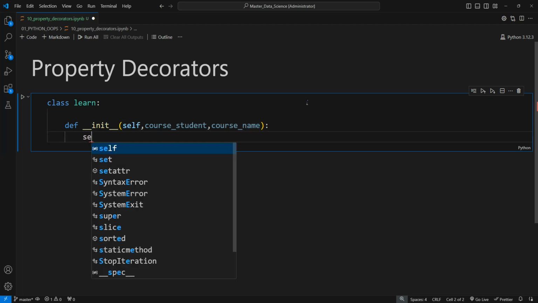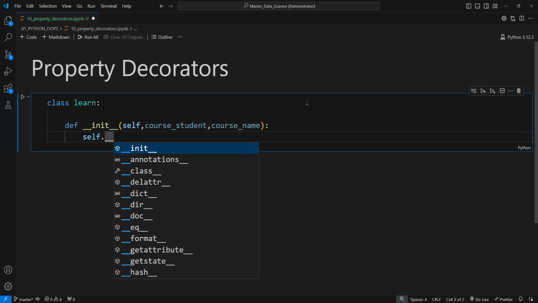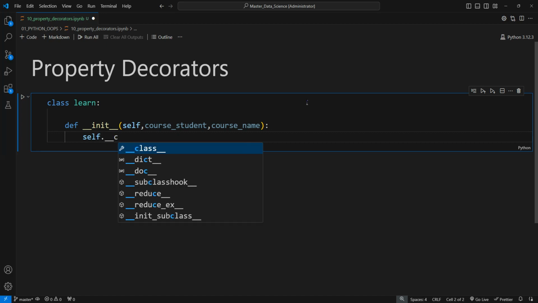Then let me use self to link it, and then I'm going to pass our parameter here. So course